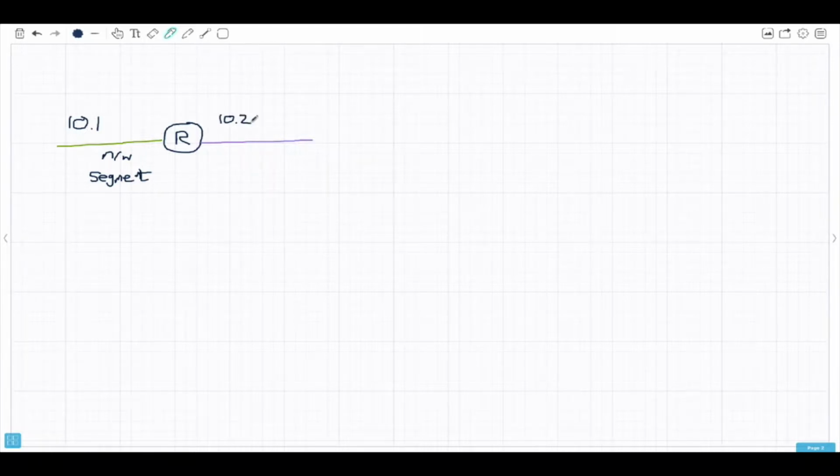Well, it's a lovely idea, but everybody on the network segment has to have the same number. So how can we put 10 on the right and 10 on the left? Well, there's a little code sequence we can put in to let the router know that we're doing some trickery. If we were to put in the network address on the network as 10.1 something, and then we use a mask of 255.0.0, and then do the same thing on the right hand side on the purple network, the router would be,